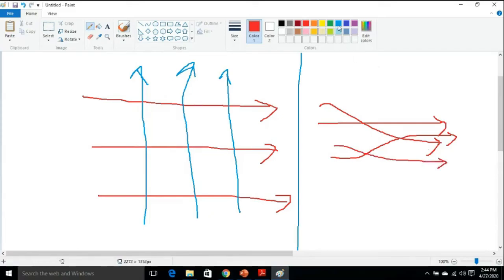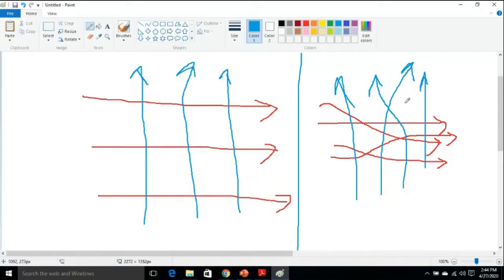This is the first flow, and the second flow might be like this. So if we are talking about the difference between both the cases, in the first case, what is happening? The hot stream is flowing in a single direction. There is no mixing of hot streams over there. The hot stream is taking a well-defined path. Similarly, the cold stream is taking a well-defined path. And the direction of flow of both the fluids is perpendicular to each other. Hence, we are going to call this one a cross flow heat exchanger.